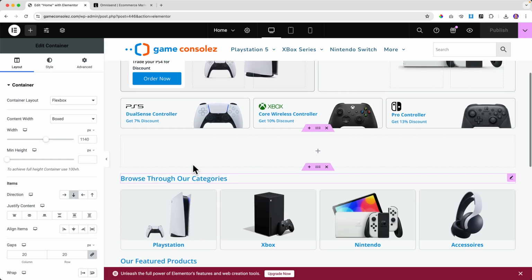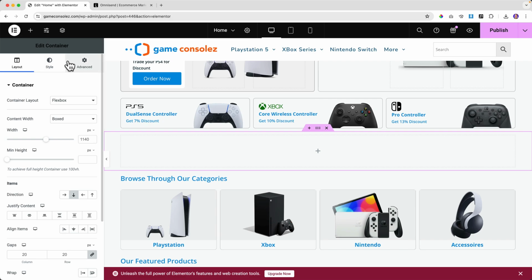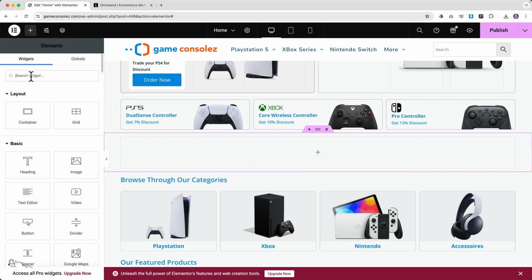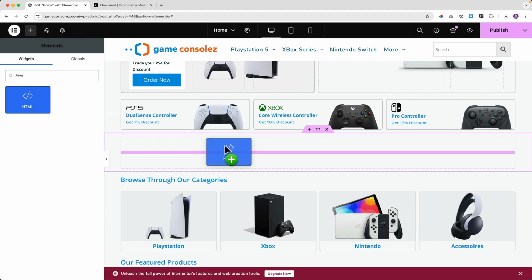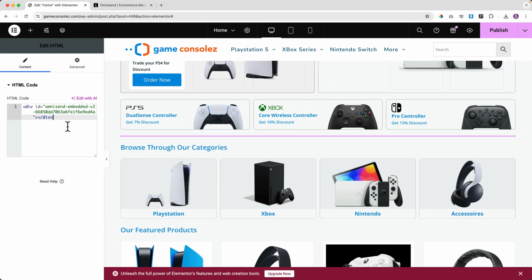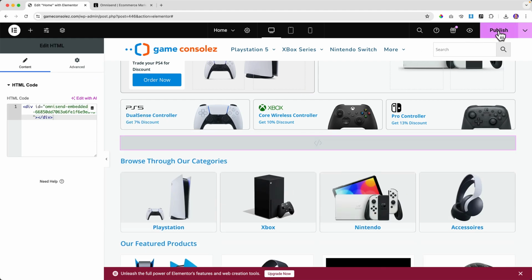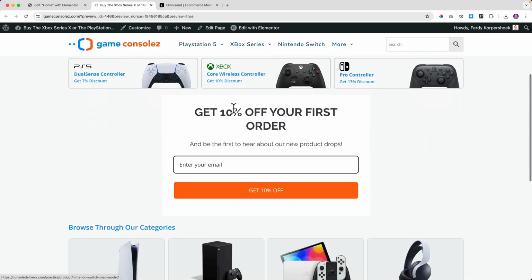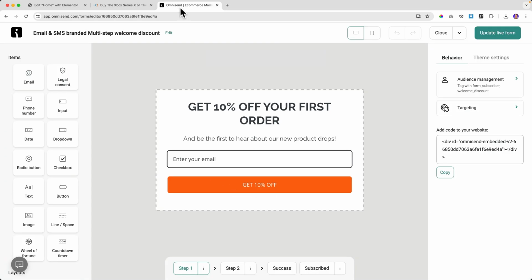Show some codes, for instance. So I click on the plus and I go for HTML, drag it there, paste it, publish. Now if I take a look at the result, it says over here, get 10% off your first order. So those are the ways,